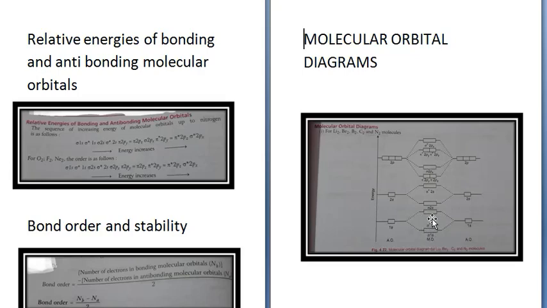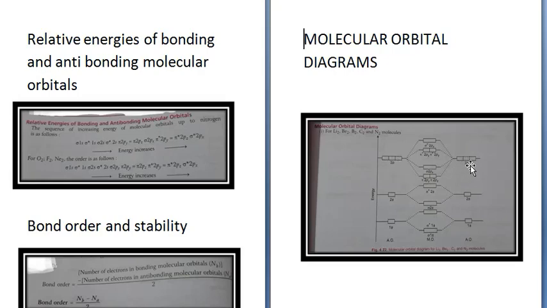Then next we come to 2s. 2s here, 2s here. Again it will combine to form two types of molecular orbitals. This is sigma 2s, the bonding 2s orbital, and this is sigma asterisk 2s, the anti-bonding 2s orbital. Then you come to 2p. 2p has three parts: px, py and pz. Same way, px, py and pz on the other atom.